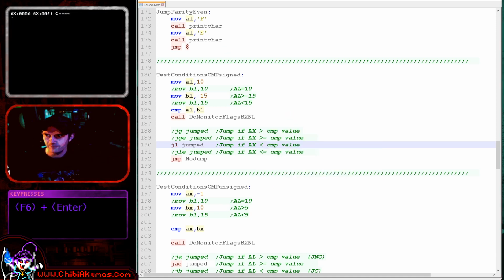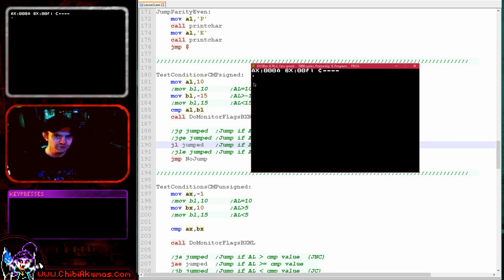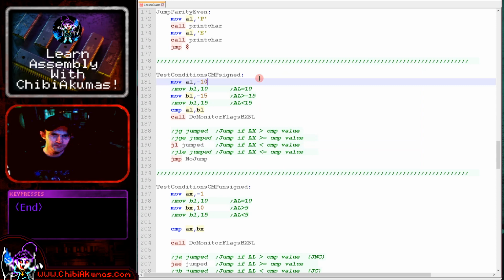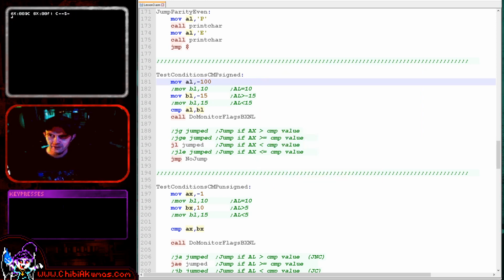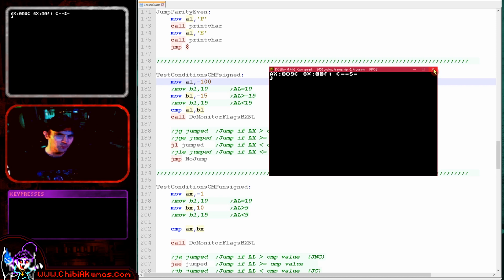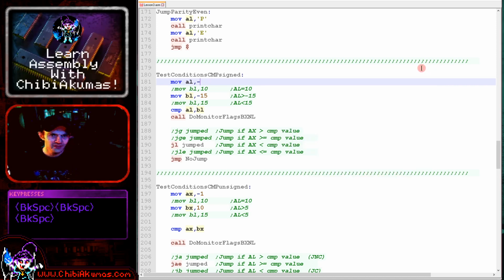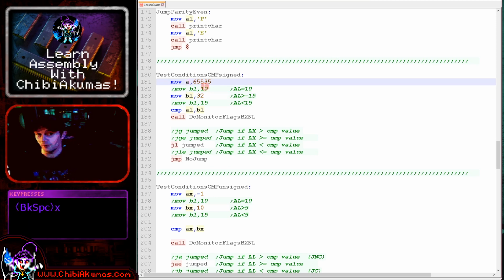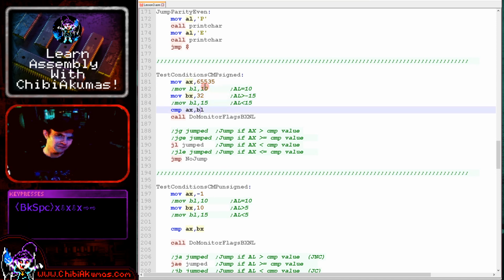So if we jump if less here, well, you can see now no jump occurred. You see we've just got our full stop because A is 10 and B is -15 here. But if we now change A to -100, well, A is now less than B, so once again we have jumped. The important one, in the same way as before, if we change this to 65535 and we change B to 32, well, we will get some very silly results because those are 8-bit registers and I've just put a 16-bit value in. So getting back on track and remembering what bit depth I'm working at,